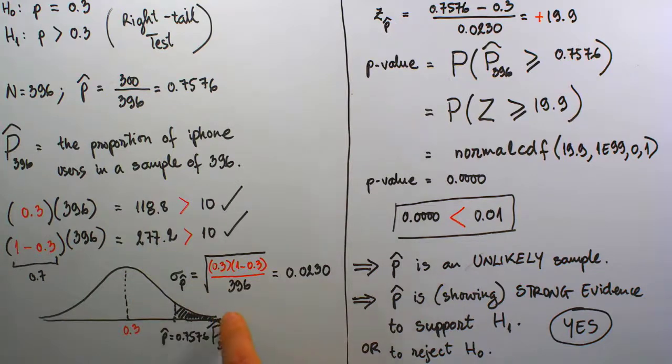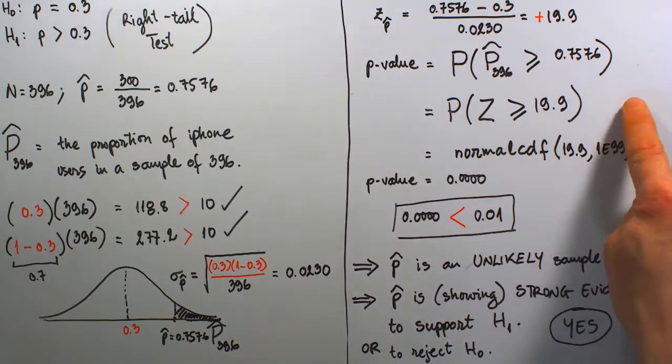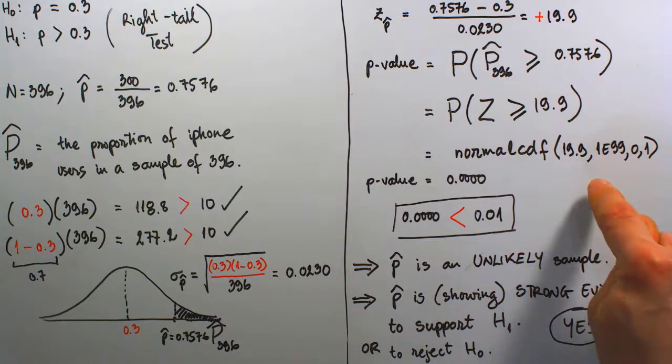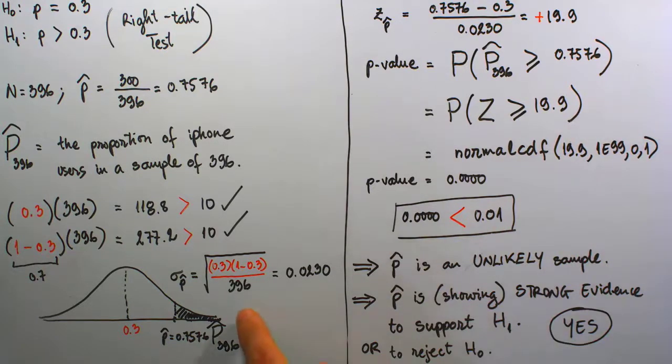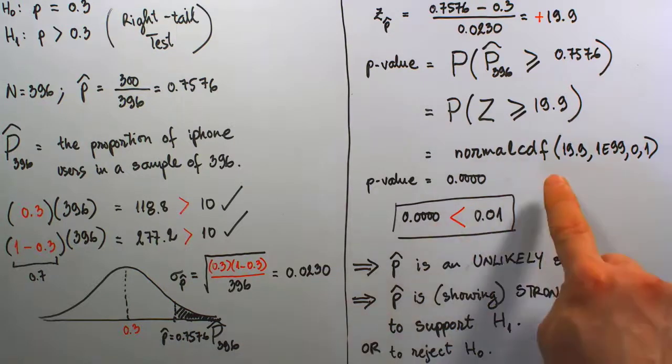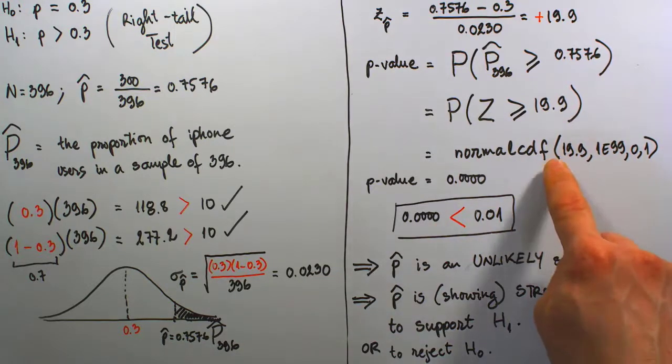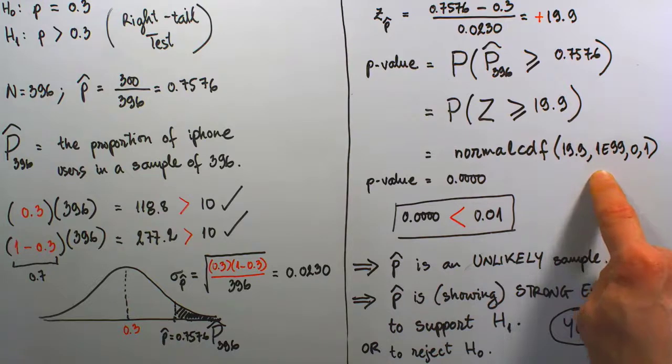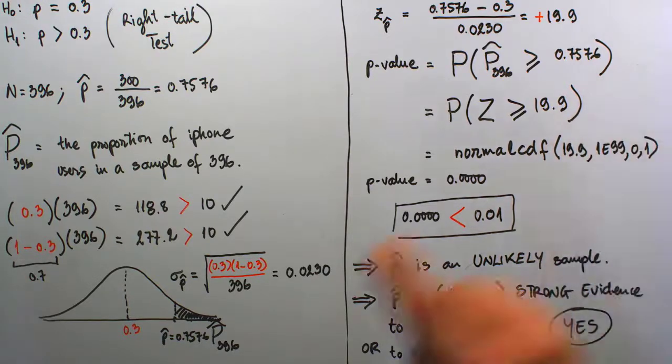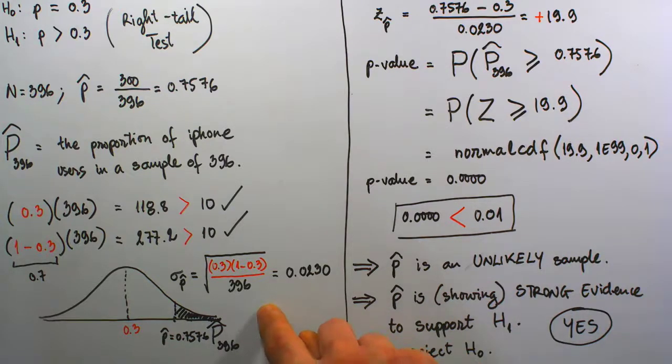Without this bell curve, we wouldn't even be able to perform this calculation. In another way of saying, without this bell curve right here, we won't even know whether we can use the normal CDF command, because everything we're doing here was based on the understanding about the bell curve. And so